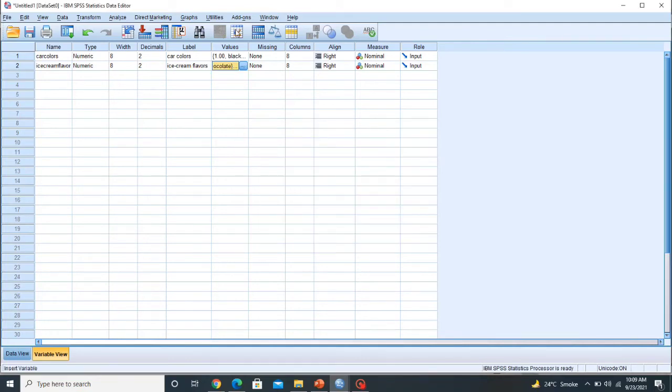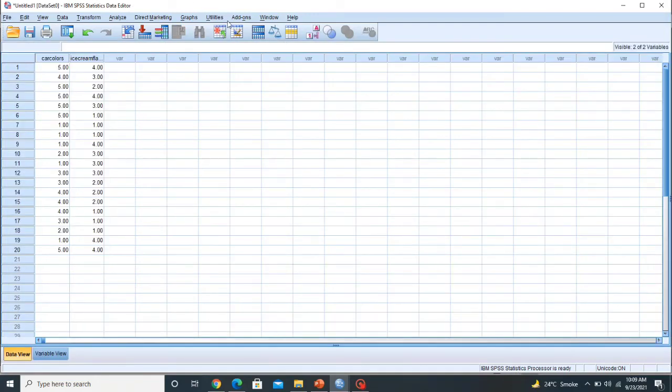Click on OK, then I go to Data View, and by clicking on this button I can see value labels here, and I can easily count these flavors and colors through it.